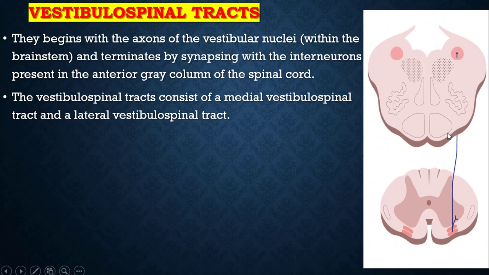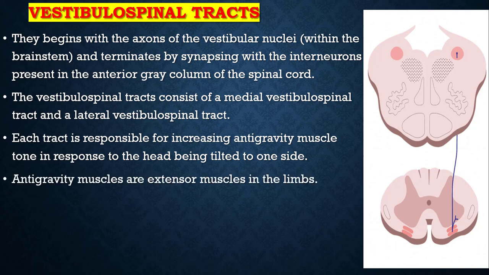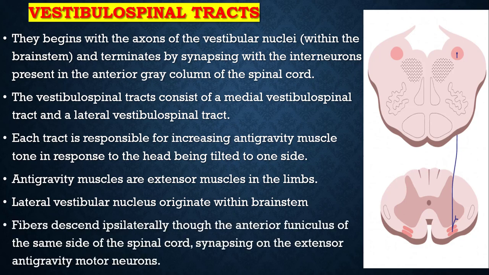Each tract is responsible for increasing anti-gravity muscle tone in response to head bending or tilting to one side. Anti-gravity muscles are the extensor muscles in the limb. Lateral vestibular fibers originate within the brainstem. Fibers descend ipsilaterally through the anterior funiculus of the same side of the spinal cord, synapsing on the extensor anti-gravity